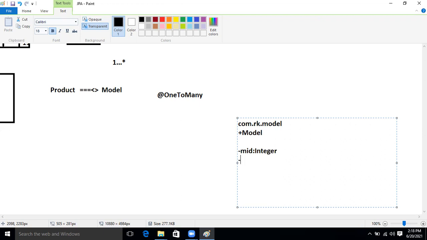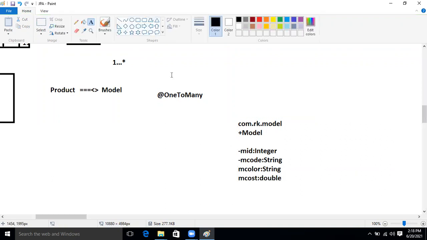Another one is m code, string, right? And m color, the model color, string. Another one is m cost, which will be double. This is our models data, right? Our models data is this one only.